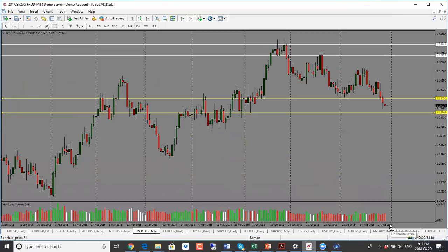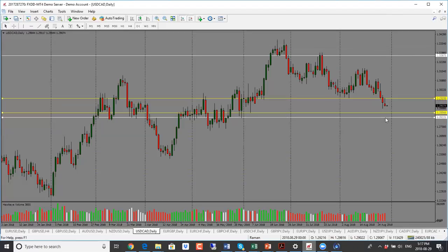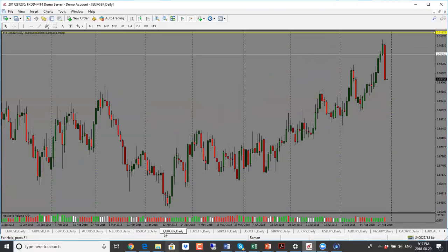Dollar CAD here, this is a nice bearish pin bar here. We were biased to the downside yesterday as well, but not much of a move, as we can see with what I just said. But basically, still looking for a move to the downside. Nice pin bar here, bearish pin bar. First target would be 1.2850 on that. And then we're looking for 1.2820 to the downside. So bias for dollar CAD is negative, and it's supported by the volume as well.